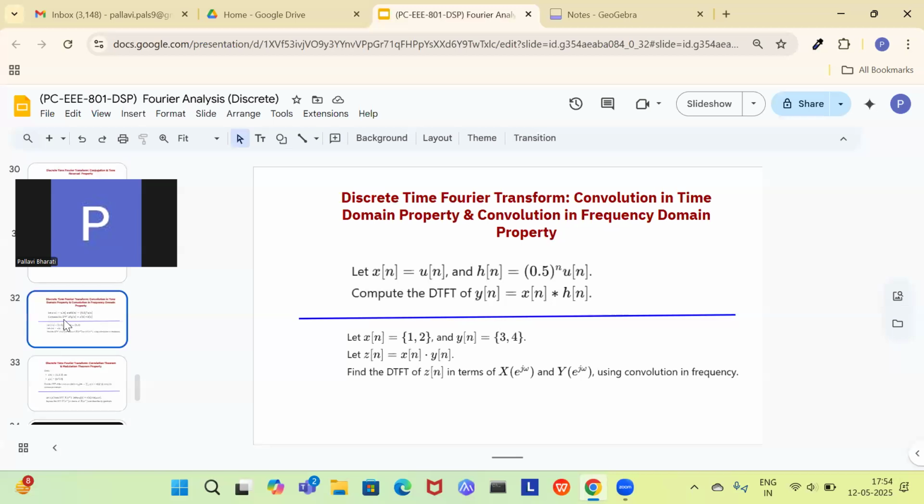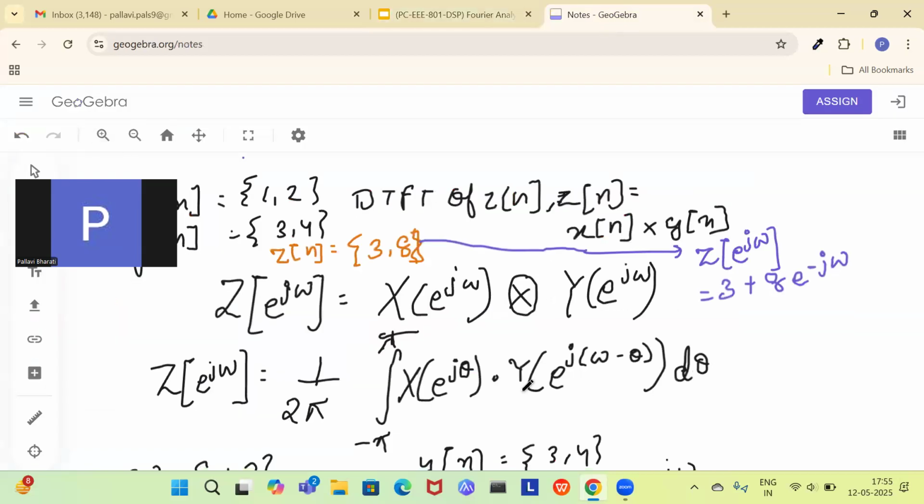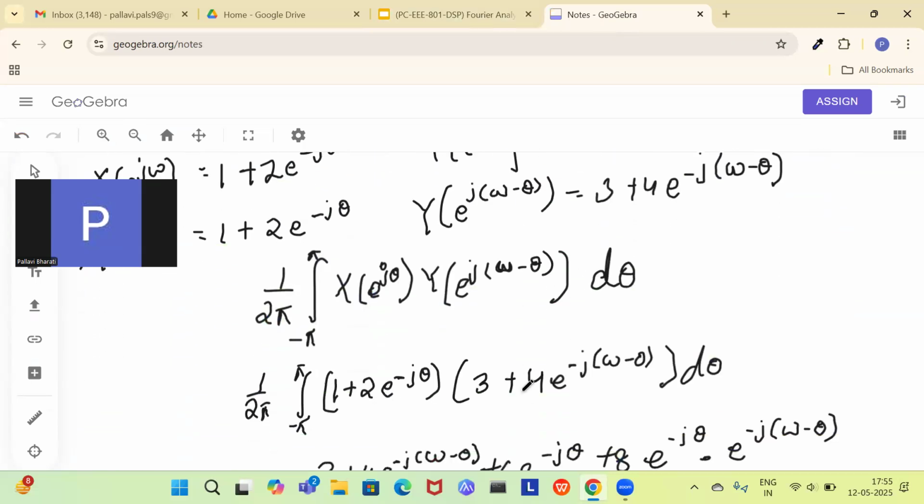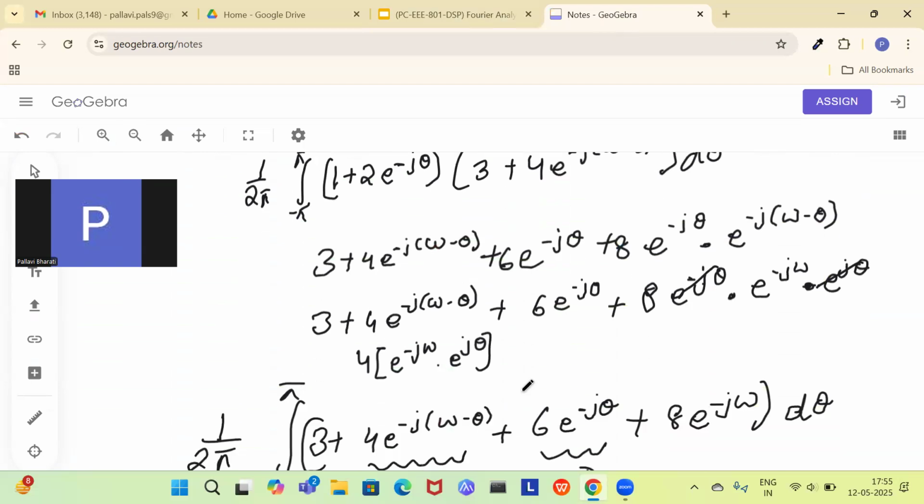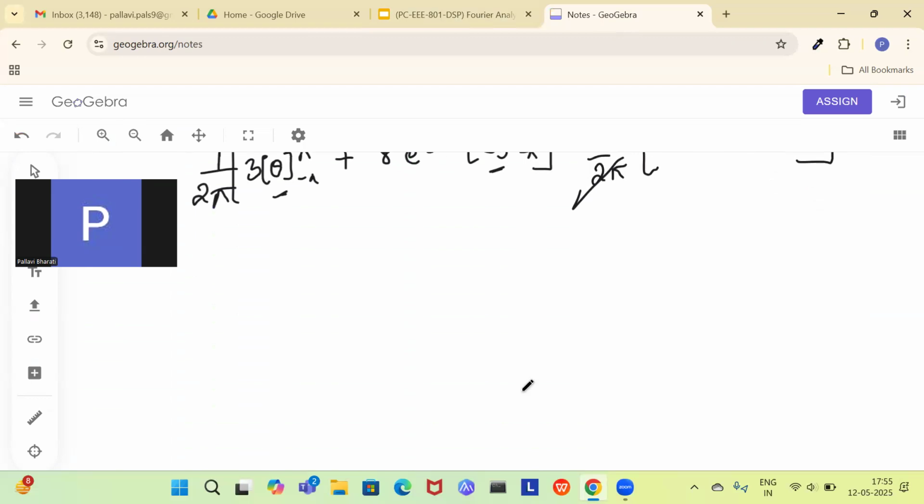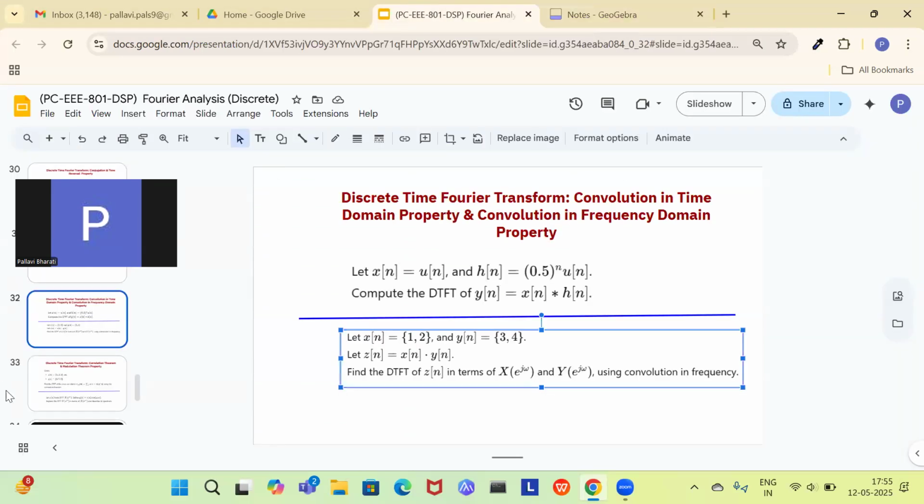That means the main thing that you have to keep in mind is that multiplication in the time domain results in convolution in the frequency domain, and convolution in the time domain results in multiplication in the frequency domain. That is the most important point. Now the next is